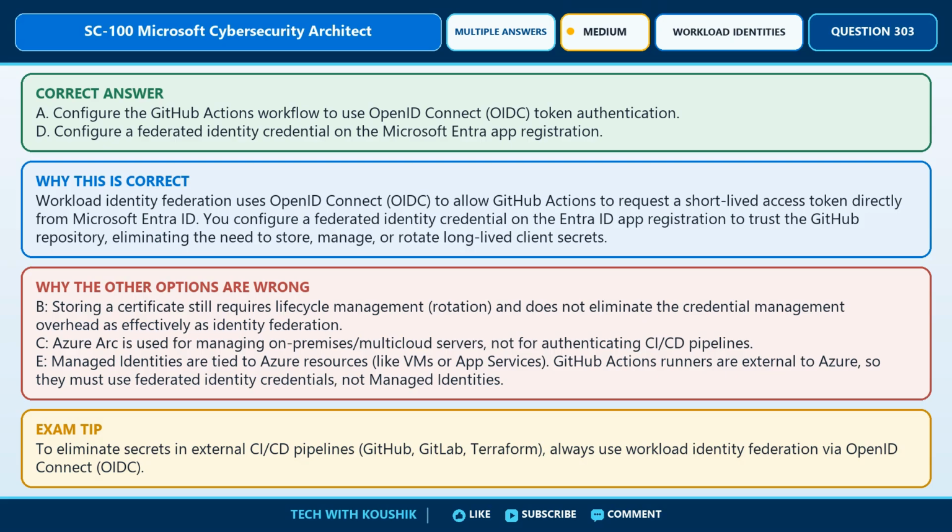Exam tip. To eliminate secrets in external CI/CD pipelines, GitHub, GitLab, Terraform, always use workload identity federation via OpenID Connect,